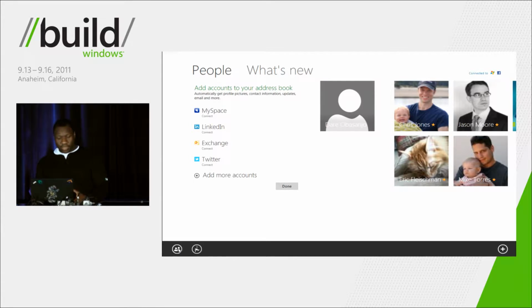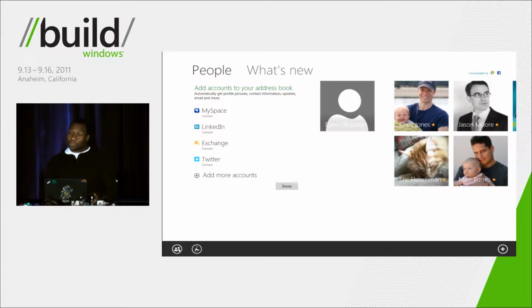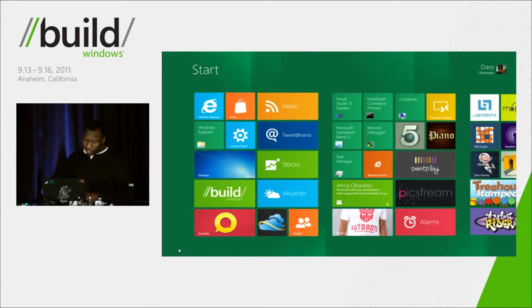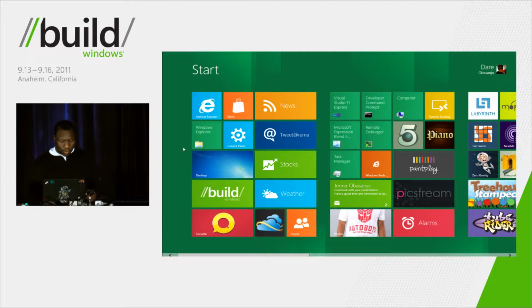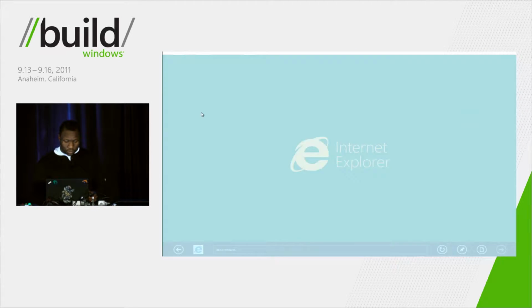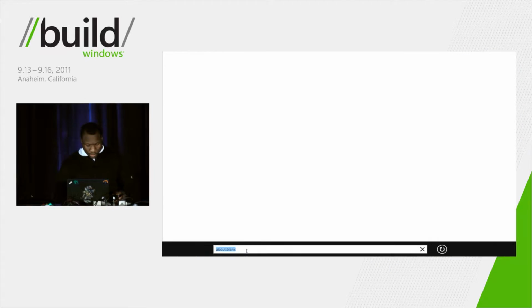But this isn't limited to Metro-style apps. Websites get this as well. So I'm going to launch Internet Explorer. And I'll go to hotmail.com.